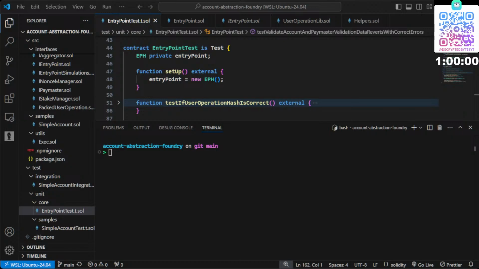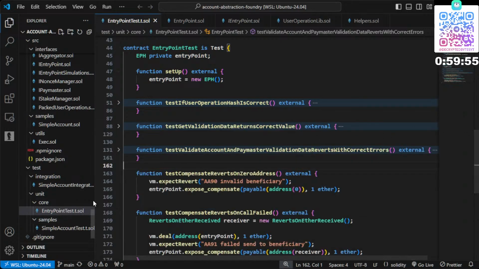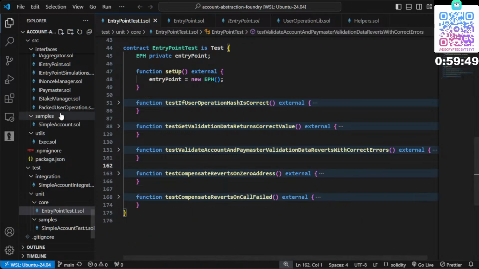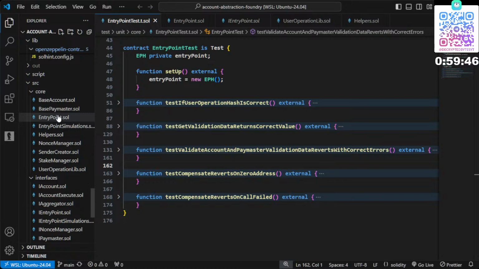Let me first open. Okay, let's start this countdown timer. Okay. So yesterday we tested few things, three functions. Now we can